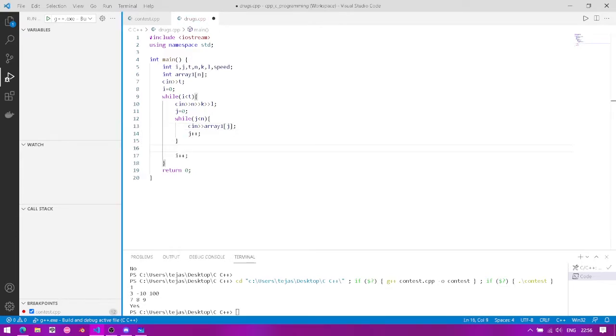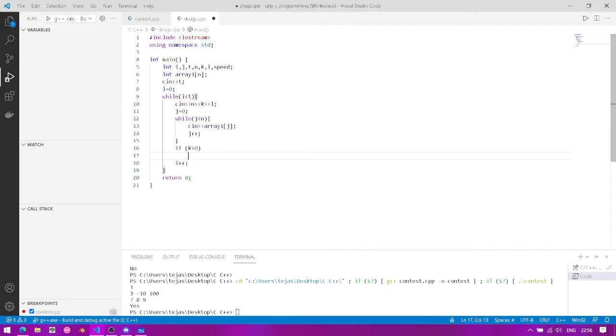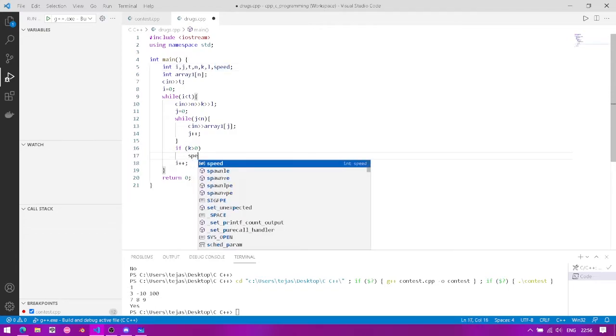So the next thing that we do is we check if k is actually positive, and if it is, it means that it does positive things to our participant or our friend. And if it's negative, we should make sure that we don't actually have those drugs. So if k is positive, then we will increase our speed, which I've made a variable for up here. That's going to be our final speed